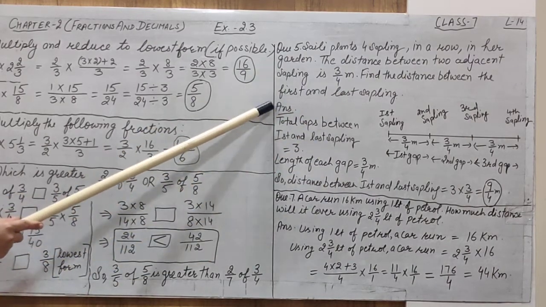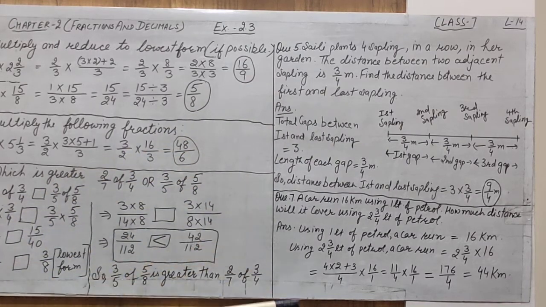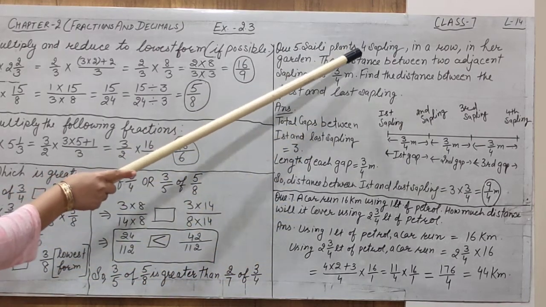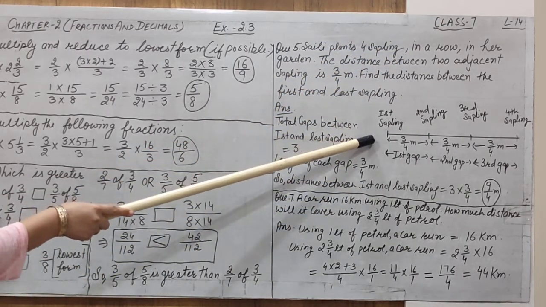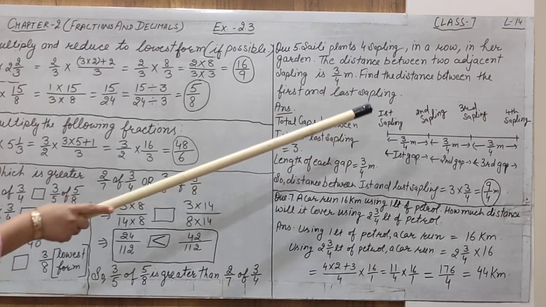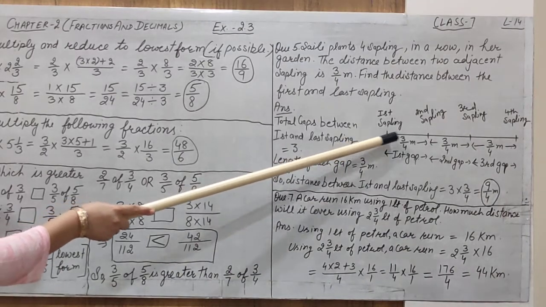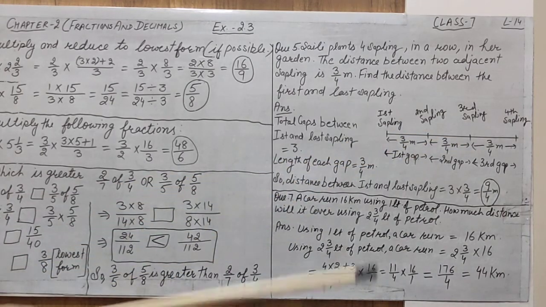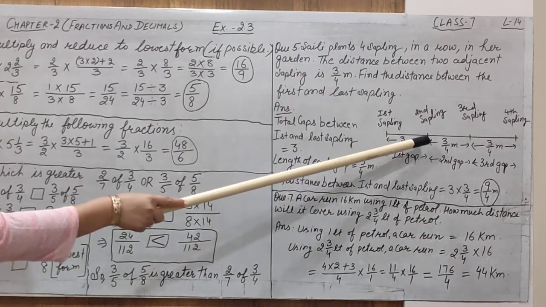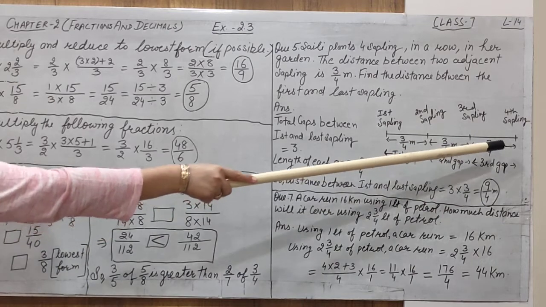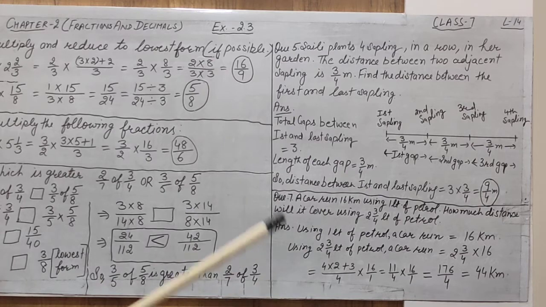Now understand the question. Let us draw a diagram to understand this question. Start from this. Planting 4 saplings in a row means one row is selected. Alright, in that row she has placed 4 saplings of the plant. To understand this, 4 saplings means this is the first sapling, second sapling, third sapling and fourth sapling. In a row, 4 saplings are selected for the plants.